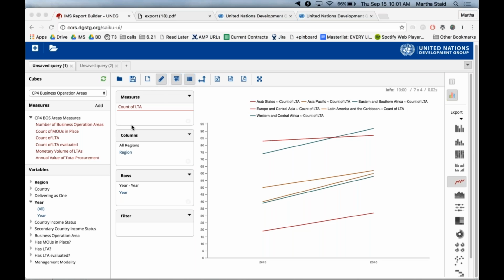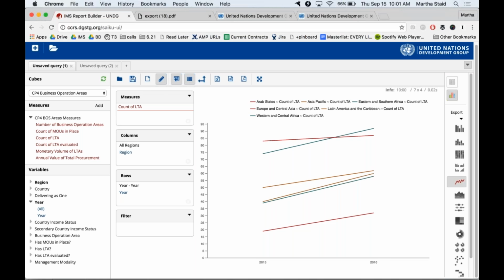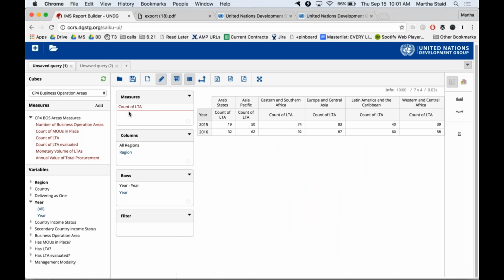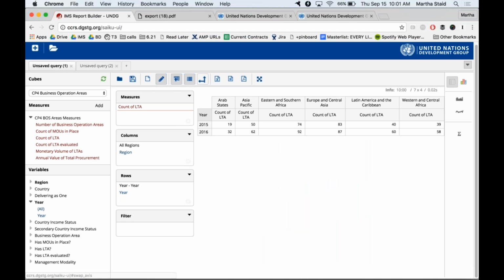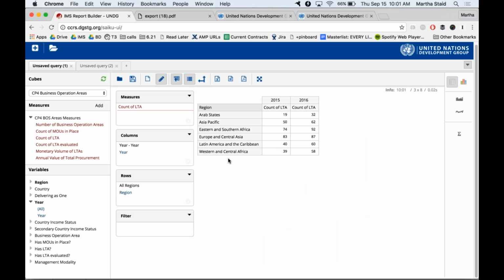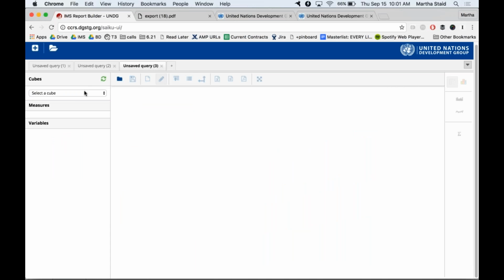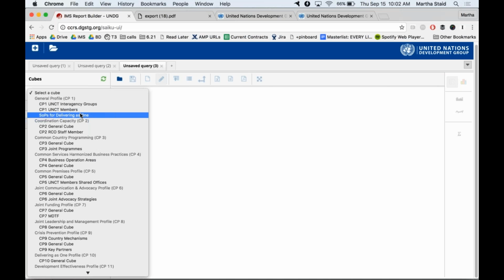I'm going to change this same piece of information back into a table here and swap the axis again so that we're seeing a list of regions. And you can see, let me actually start a new query up here. As Carmen showed you, there are tabs. We'll work with a slightly different piece of data.